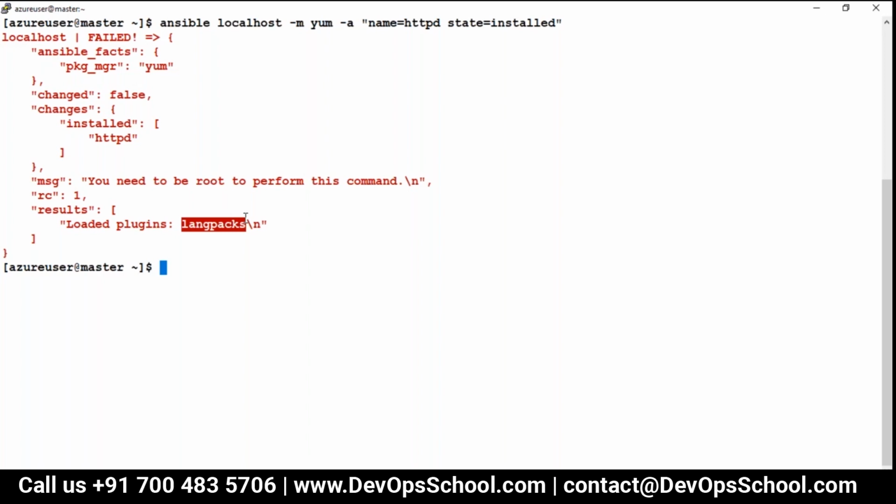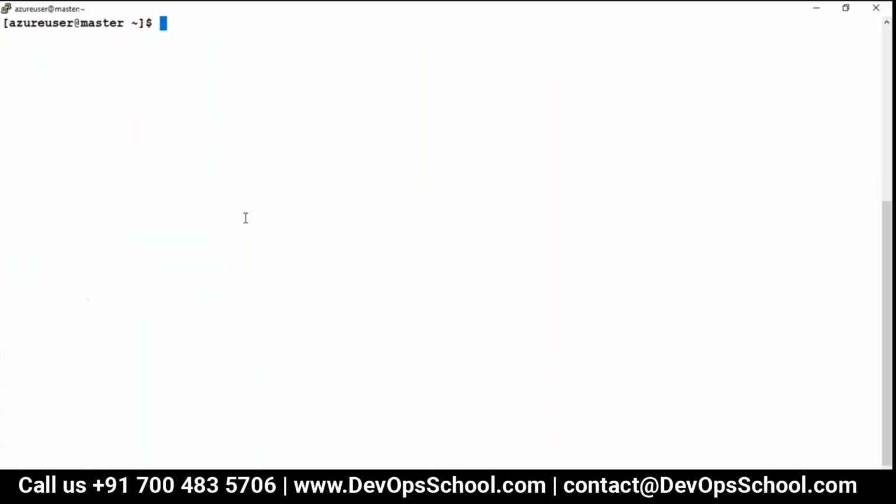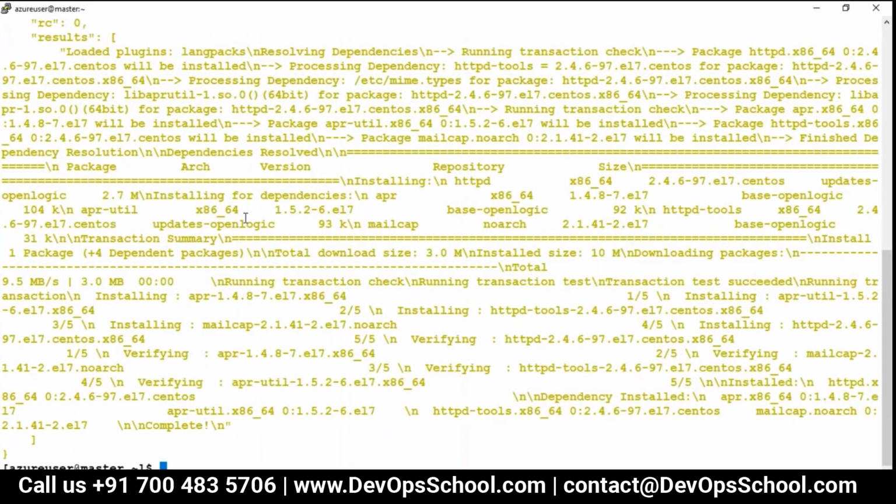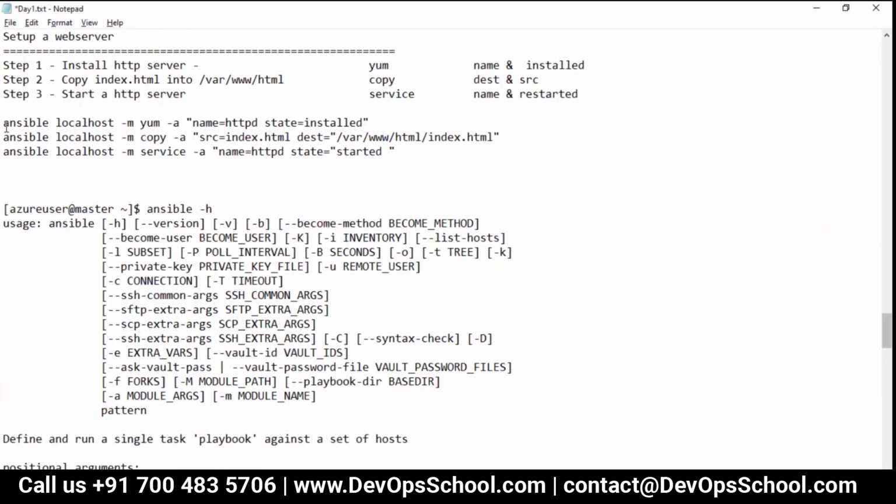See here, I'm doing yum install manually, and you will get some problem. The same problem you got over there also. Understood or not? So whenever you execute through any Ansible script, you should have permissions also. So remember, those are the default things. So right now I'm giving permission, I'm using sudo. And now all these things should be resolved. Can we check now which HTTPD? See, it got installed.